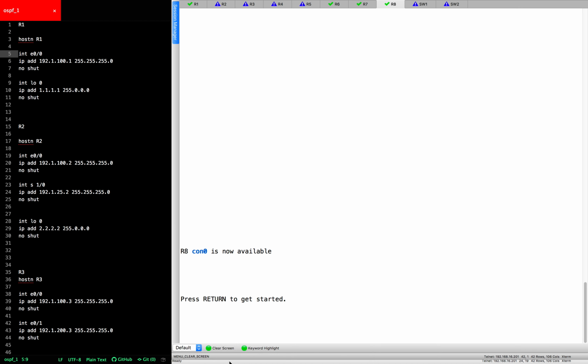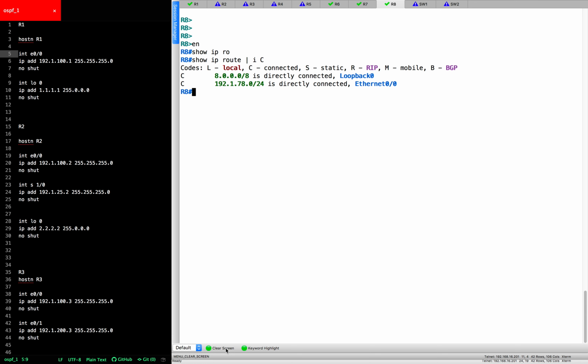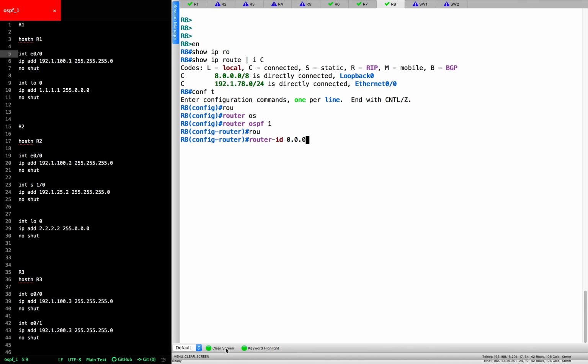Let's go to R8, enable, show IP route to see what is connected, and configure router OSPF 1, router ID is important, 0.0.8. What else? Network, which is going to be this one,